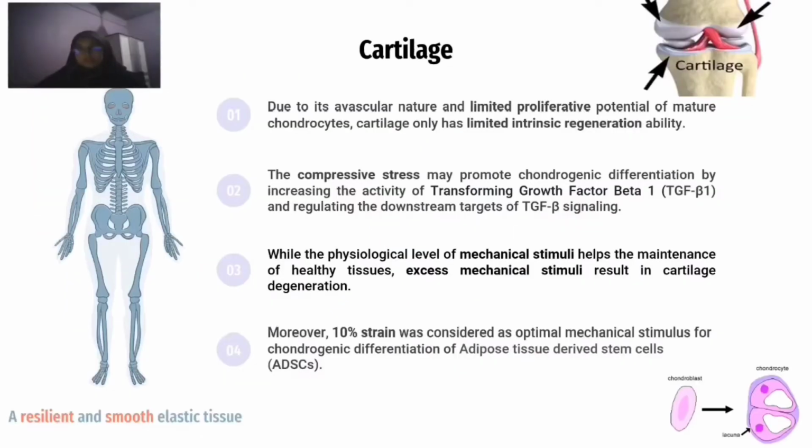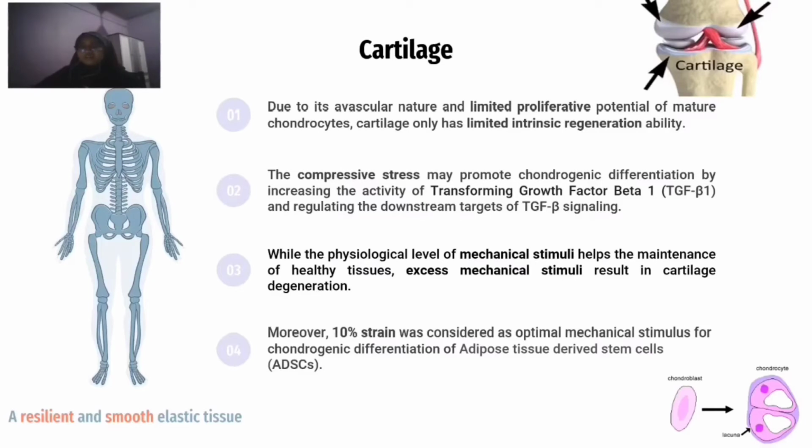Thank you, Firdaus. So, what is cartilage? Cartilage is a resilient and smooth elastic tissue which acts like rubber-like padding that covers and protects the ends of long bones at the joints. It is also a structural component of the rib cage, the ears, the nose, the bronchial tubes, the intervertebral disc, and many other body components. Because of its avascular nature and the limited proliferative potential of chondrocytes, cartilage only has limited